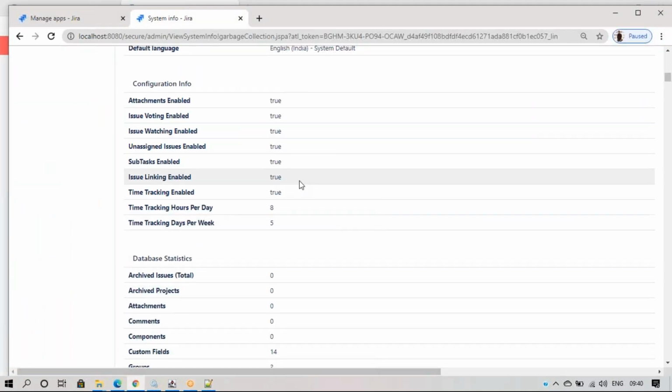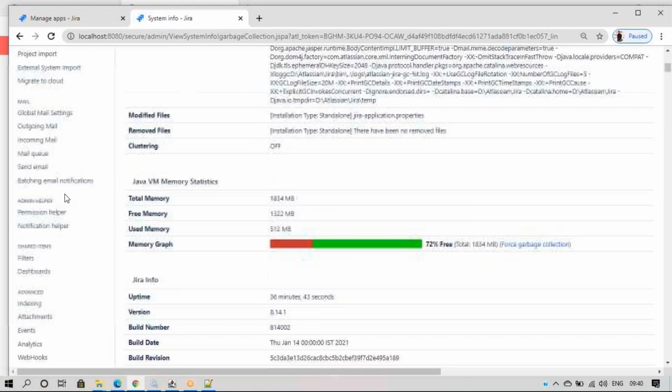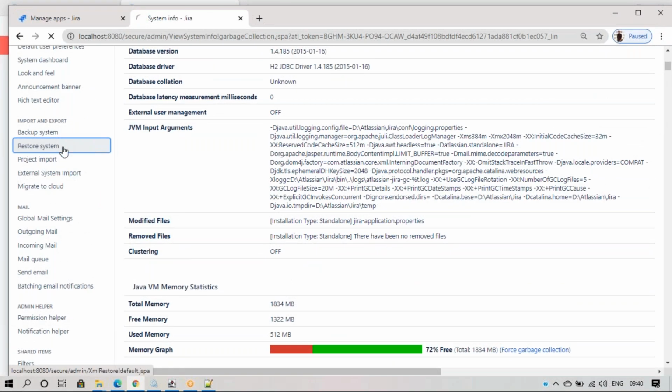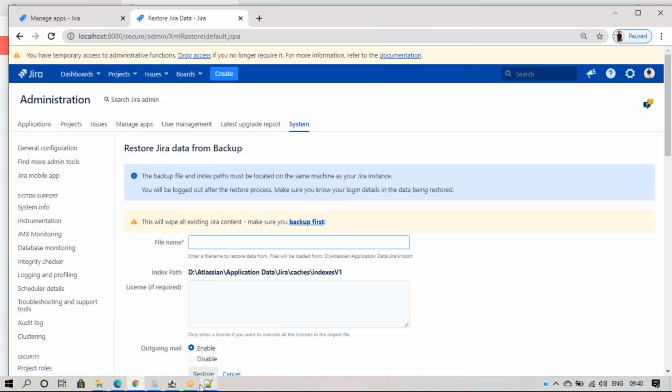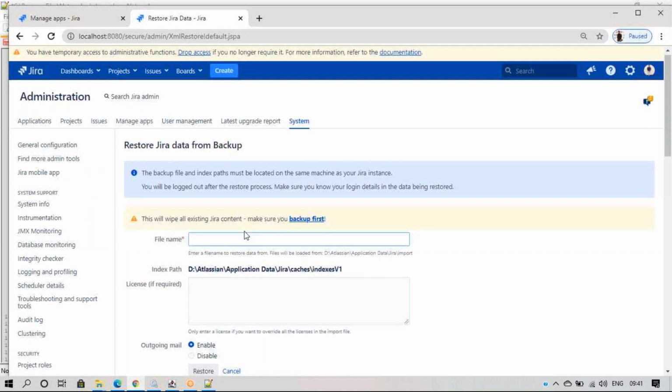See here, system. In the system, if you move to the left side, you can see the restore system option. Okay, and we need to go to the same target instance. Target instance means it is a test environment, maybe on the 8080 system, and import data. I like restore system.